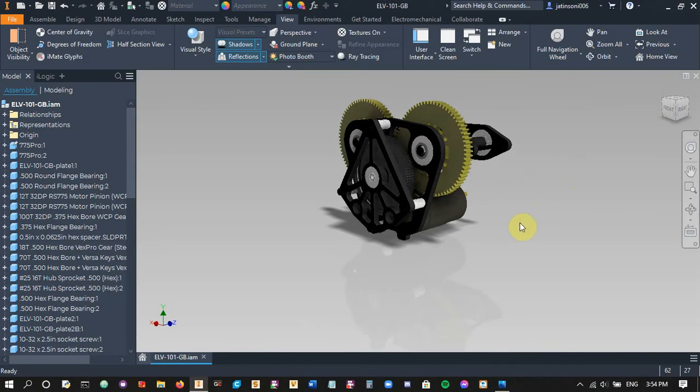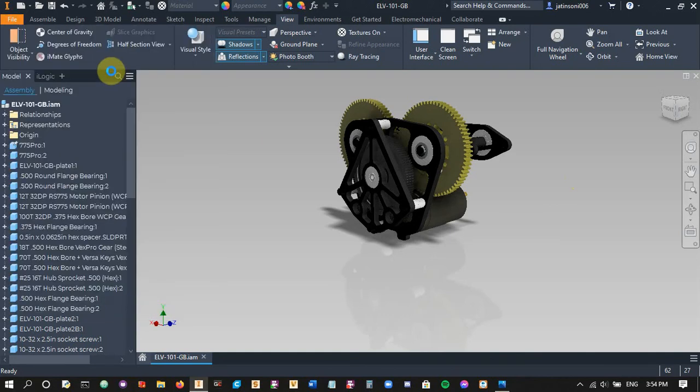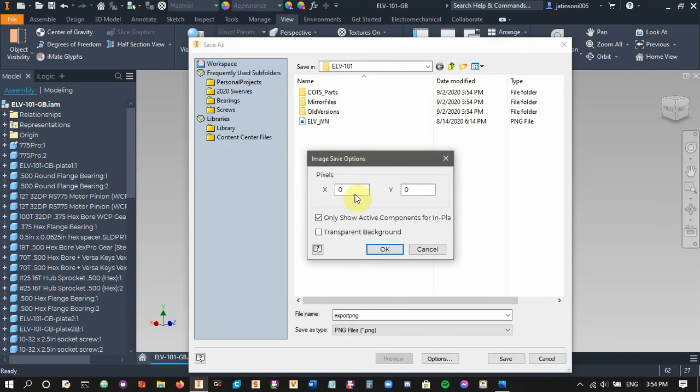And now you can do multiple things. The fastest thing you can do is take a screenshot, or you can go to File, Export, Image, and export as a PNG. You can go down here and select PNG or JPEG, depending on whatever you want. Let's just do export PNG. Then in options, you can set a resolution. So if I want a 1080p resolution,